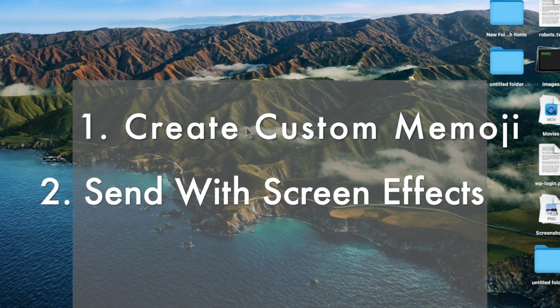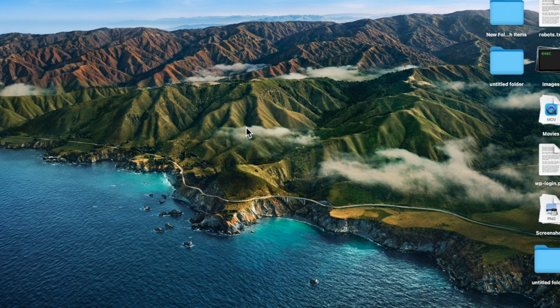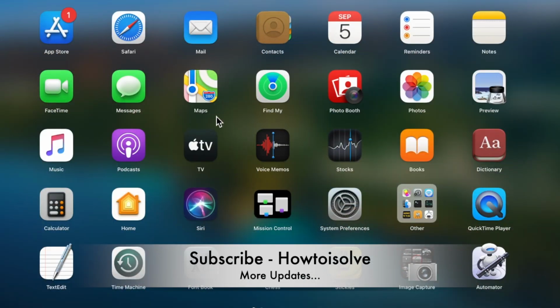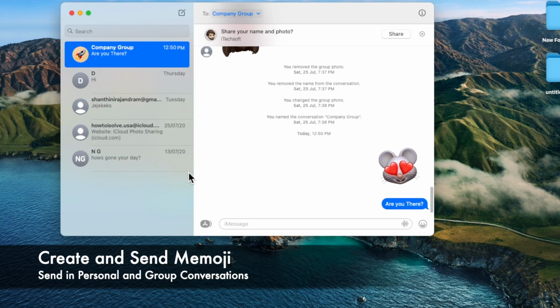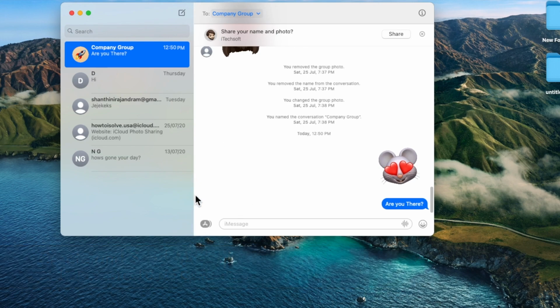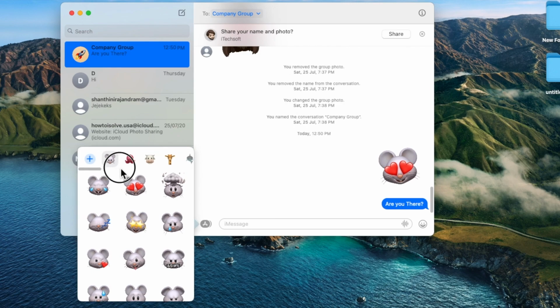First of all, open the Messages app from the Launchpad or Spotlight search and select the conversation that you want to send to. Once you open the message, you will see the App Store icon next to the type box in the Messages app on Mac, and click on it. Now click on the Memoji sticker option and you will see the pop-up. Here are the built-in funny Memoji of all types. We can use them directly or create a new one by clicking on the plus icon next to the primary